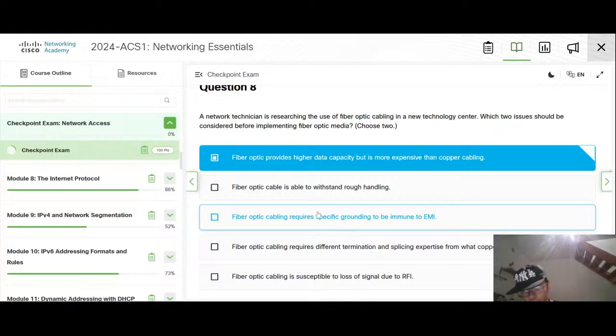No, it's not required to be specific. Also, it's easy to terminate. No, it's not.